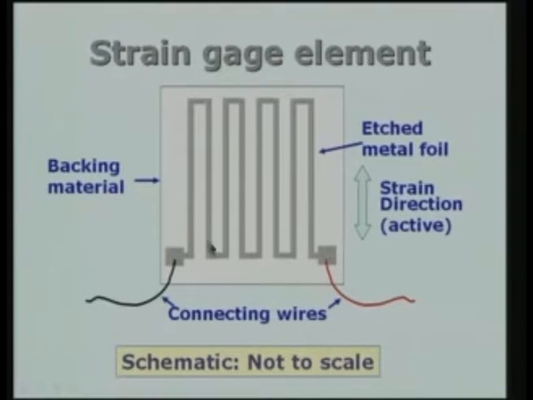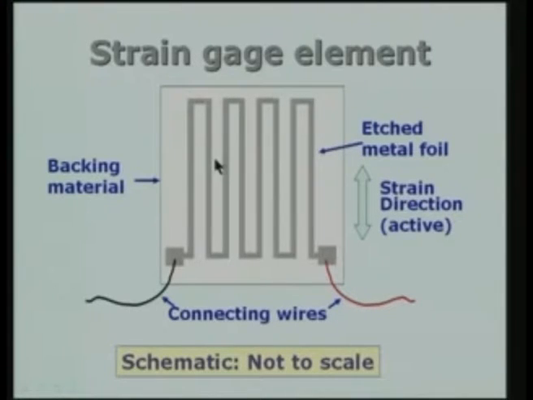In other words, to obtain a certain required resistance, we are going to have the etched metal in the form of a length equal to L, which consists of these units. Each unit is something like one straight, one small bridge here, another straight. This is one unit. So, we have 4 such units here, and therefore, the length of this will be equal to 8 times the length of each one of the vertical units.